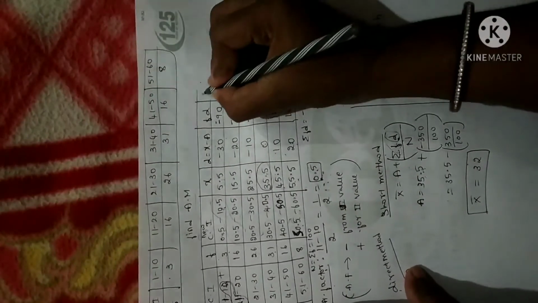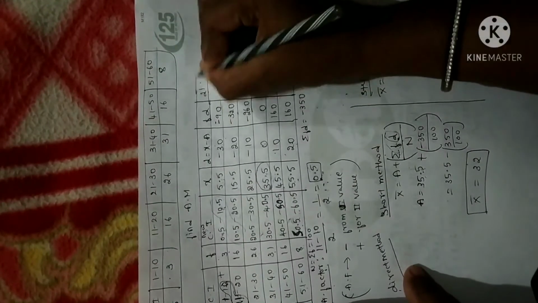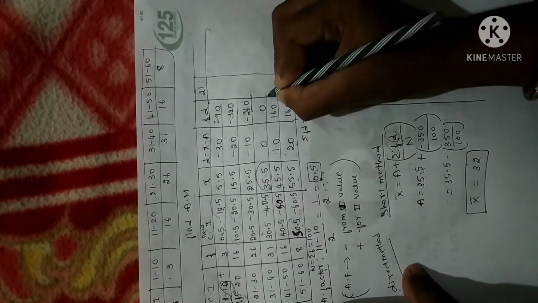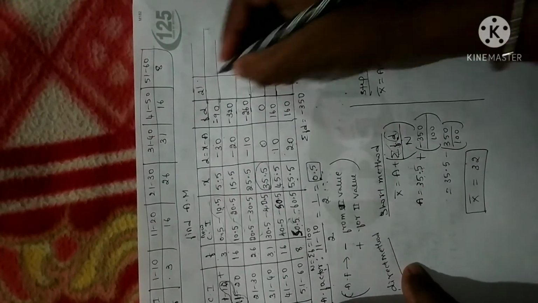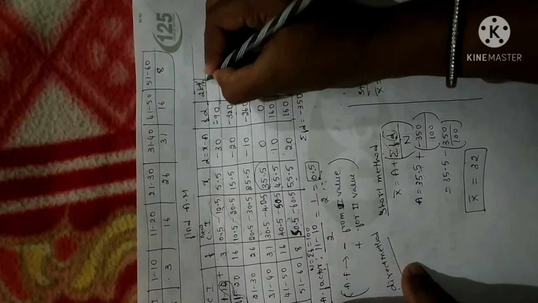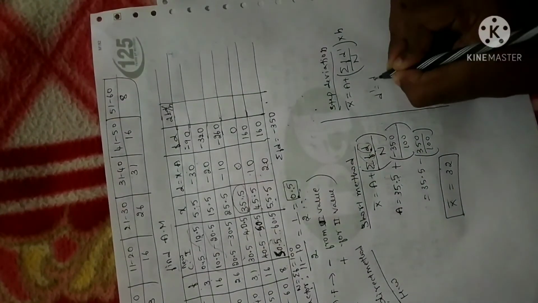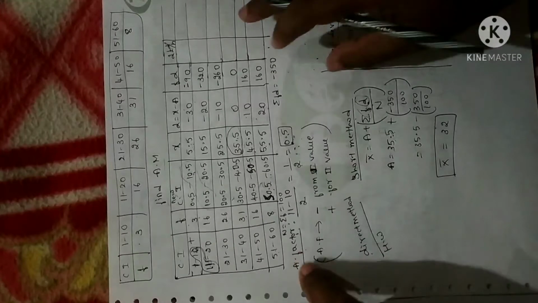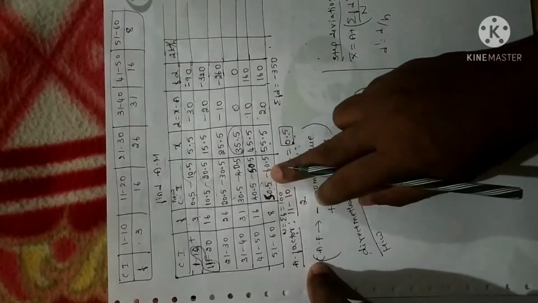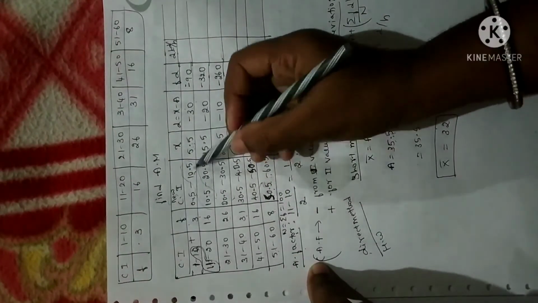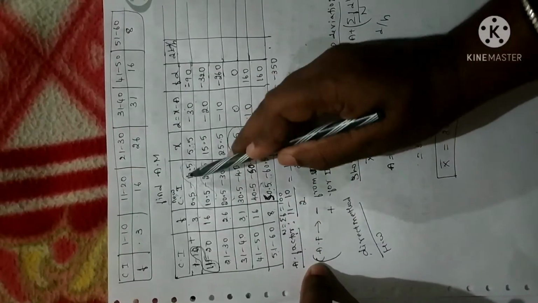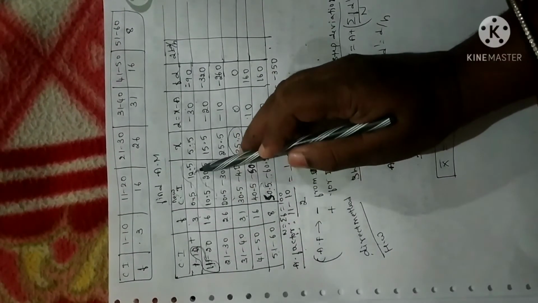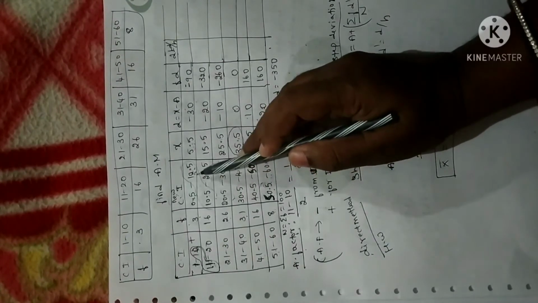So already we have d, but we don't have d dash. So let me calculate d dash. I'm going to add those columns here only. So how can I calculate d dash? As I already told you, the formula for d dash is d divided by h. Now we have to calculate h value from the new class interval. Why? Because we have continuation here, but we don't have continuation there. So we have to calculate h value from this new class interval.